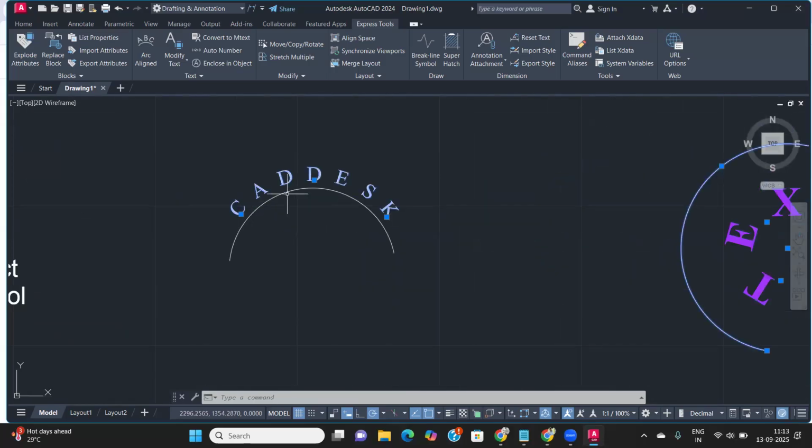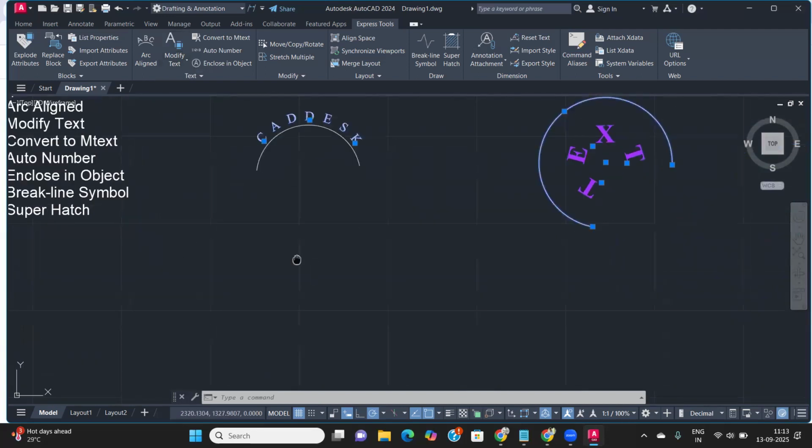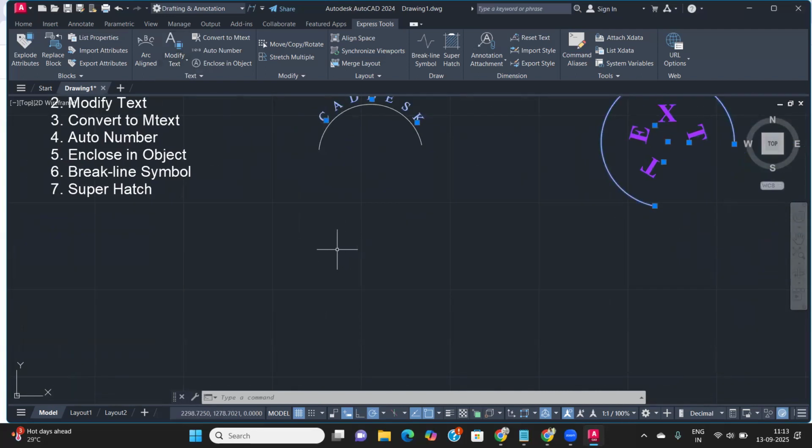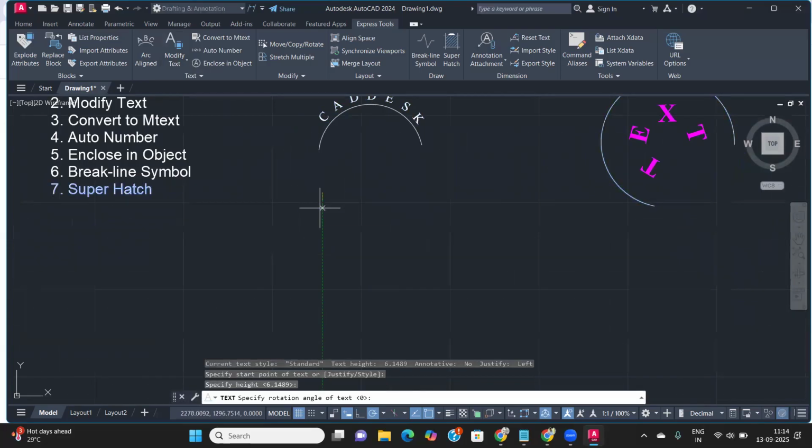Okay. Next one is my Modify text. What is the modify text? Inside the modify text, we have four options: explode, change case, rotate, fit, and justify. Justify is generally used for the justification of your text. Here, suppose I want to click here, modify,